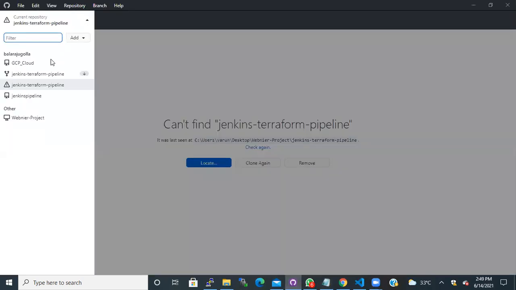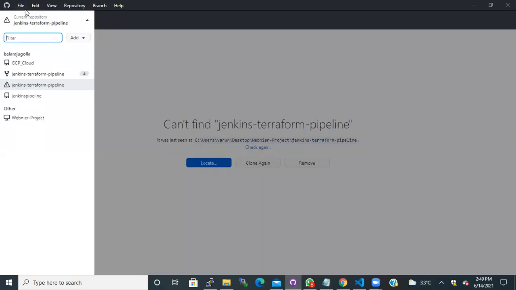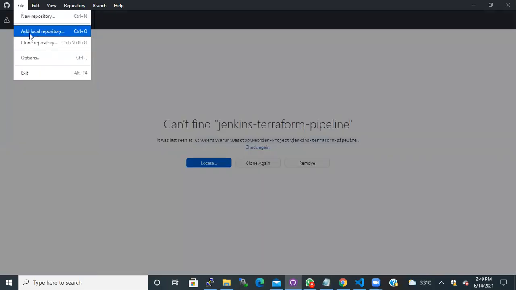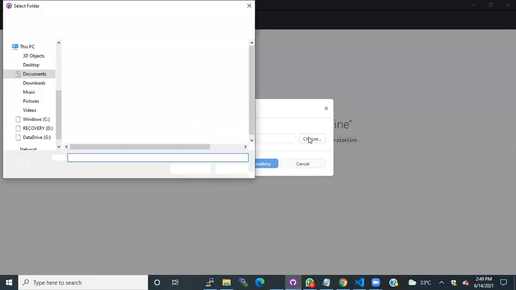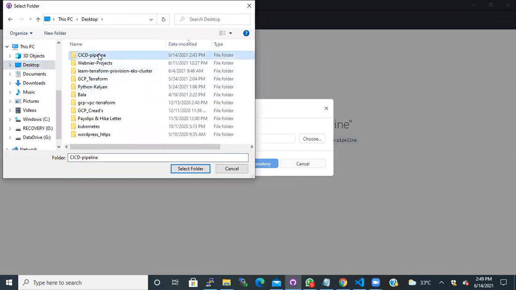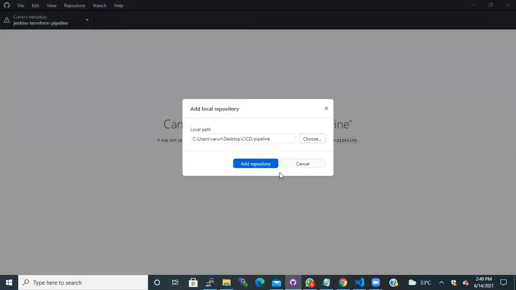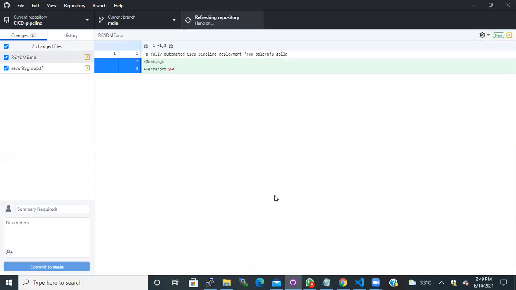You will see here, where is that? Open, add the repository, choose the path, desktop. Okay, you guys can see, right?